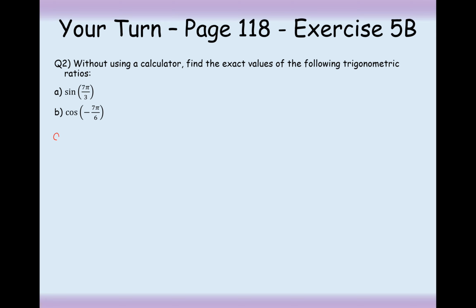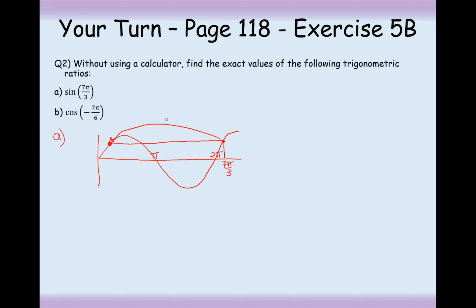Okay, let's now have a go at the answer for sine 7 pi by 3. So I'll need the graph for sine that will go at least up to 7 pi by 3. This will be pi, this will be 2 pi, and then this point here will be the point of 7 pi by 3 because it's just a little bit more than 6 pi by 3, which would be 2 pi. Now if I go backwards by 2 pi radians, backwards by 360 degrees, I'd end up at this coordinate here. I've taken away 2 pi radians to get to this coordinate,